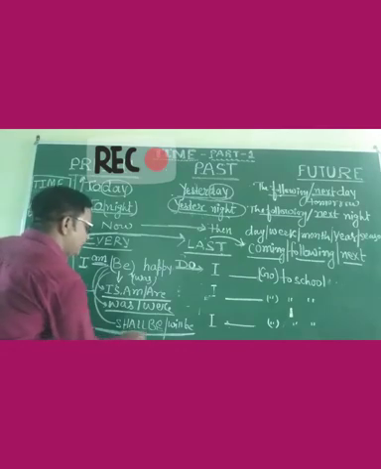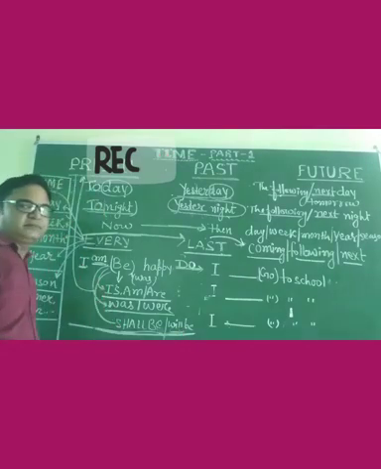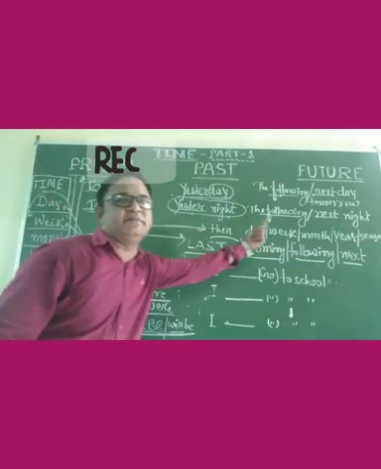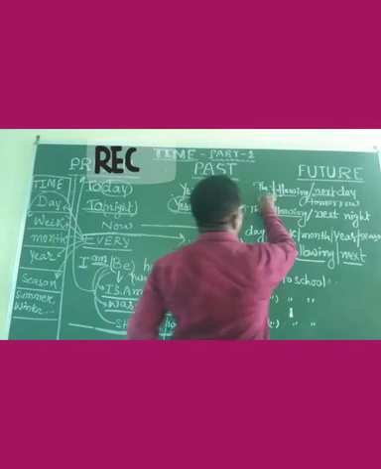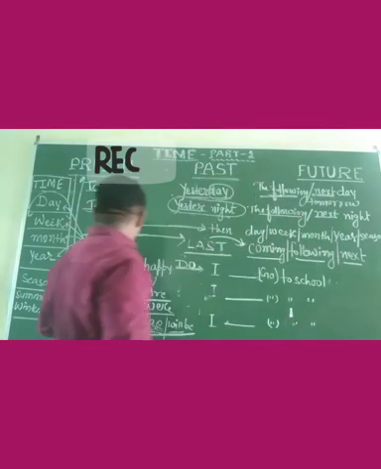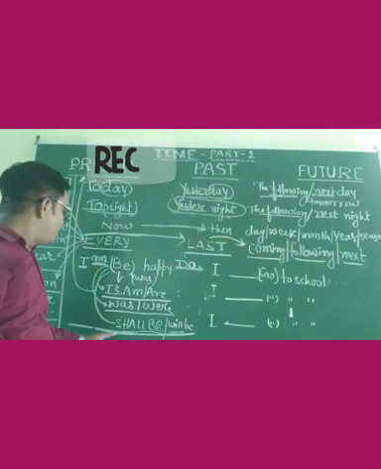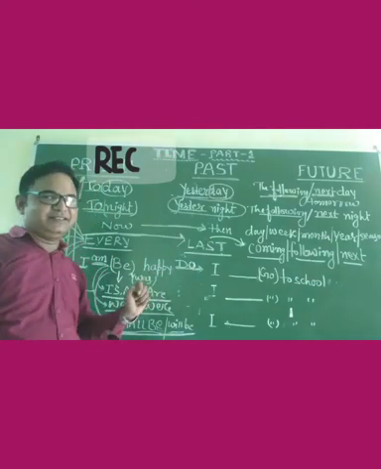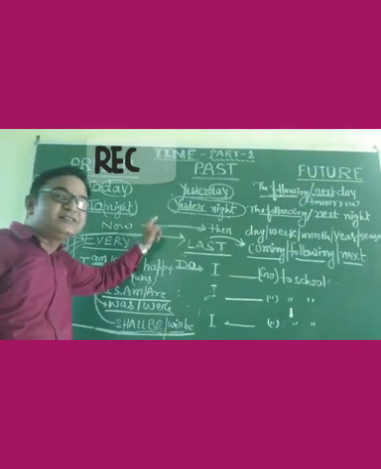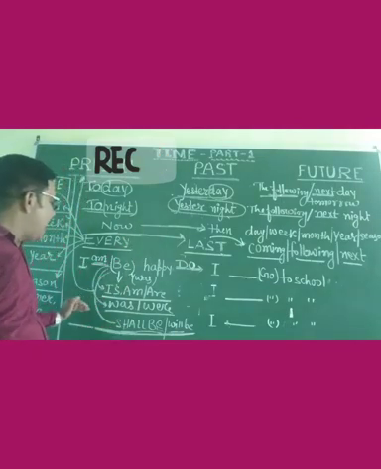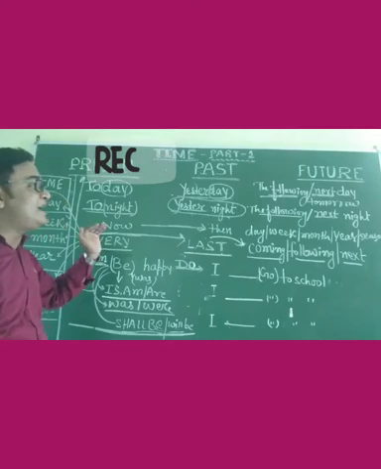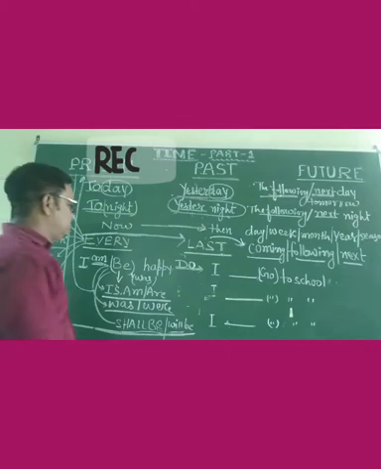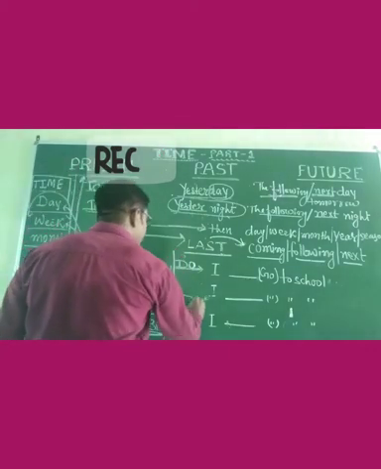Now we talk about shall be or will be. That means shall be and will be are related to the future time. Then for future time, what will be there? The following or the next. That means I shall be happy the following day. Or I shall be happy the following night. Is it clear? Now, this was about the be verb.